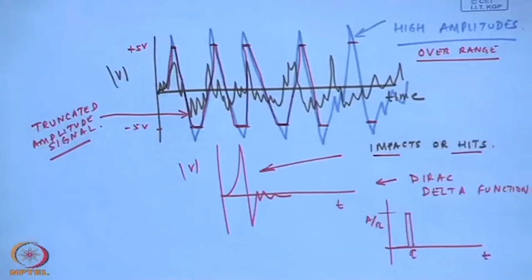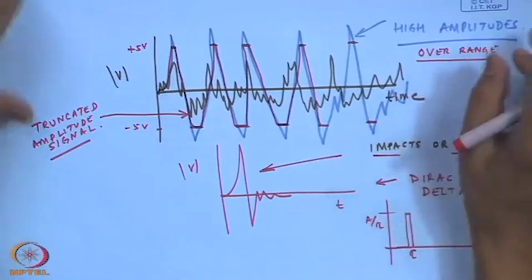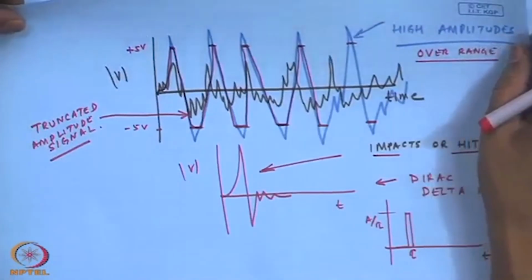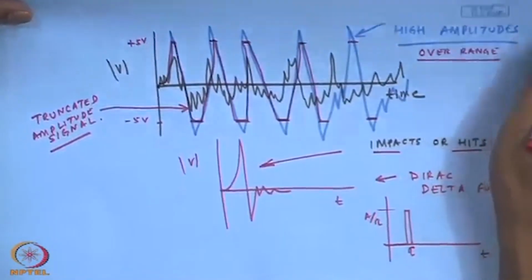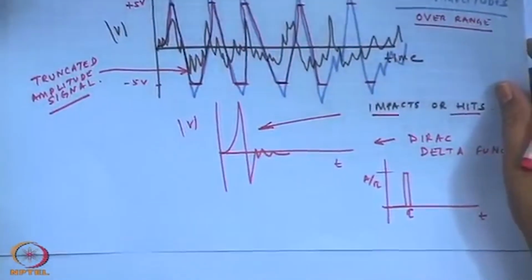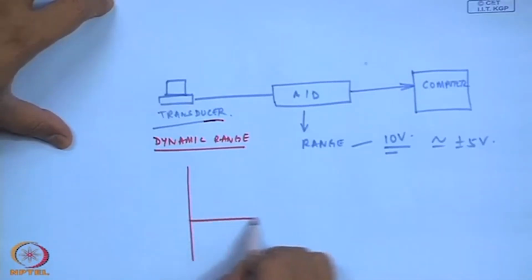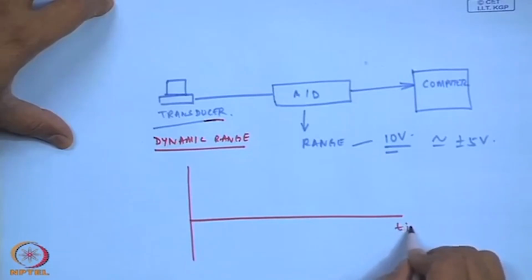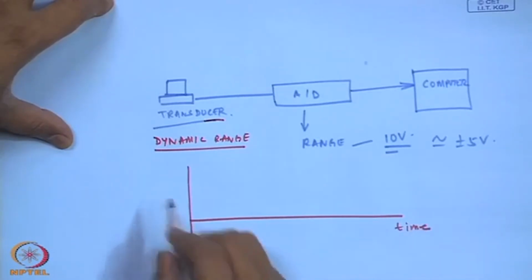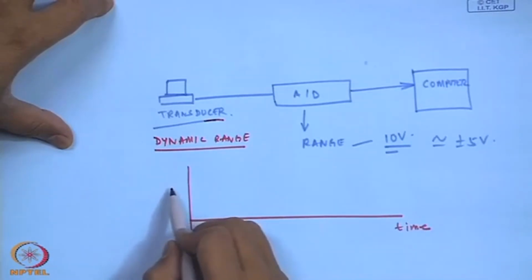So, such a signal will appear in the time domain where you are measuring, because of the impacts or impulses which occur due to looseness. So, if I was to draw them again, these are signals which can very easily be seen on an